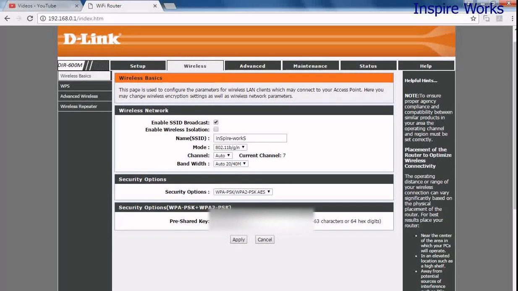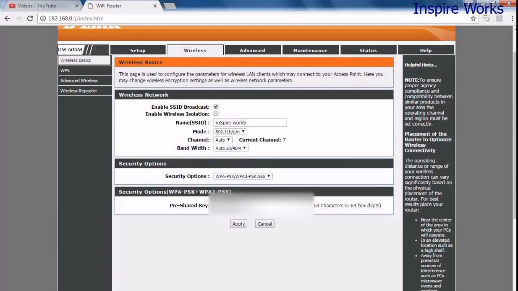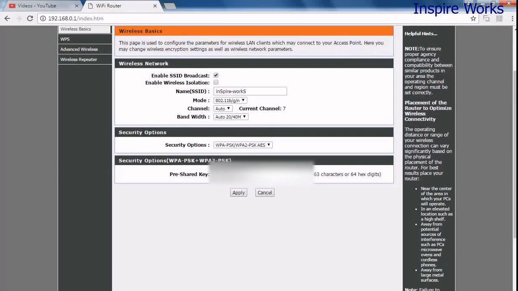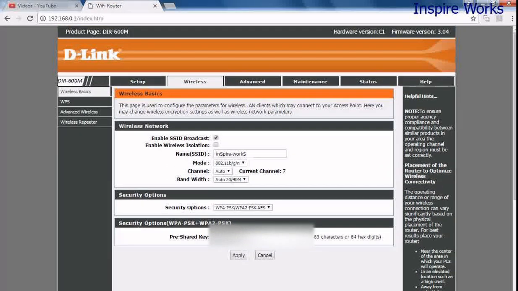Here if we go into the wireless, it will show the various properties of it, like its name, on what mode it's working, what the channel and bandwidth are and all the details, what security option I have selected inside this, and what the pre-shared key is. Pre-shared key means your password.